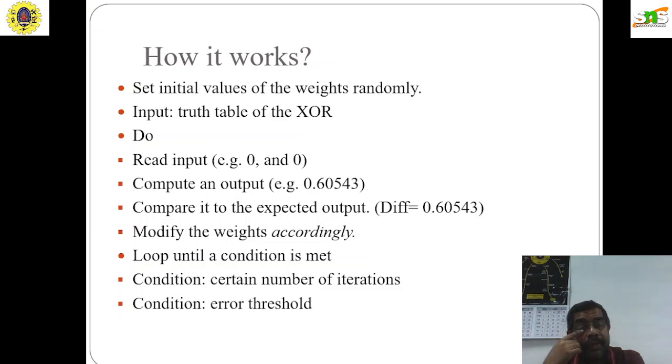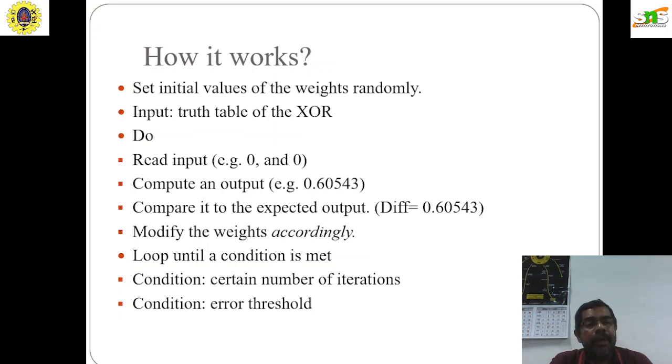So now we have to see how it works. Set the initial values of the weights randomly. Since we are not able to fix the weight for each and every input, we have to assign them randomly, and the truth table of XOR has to be given. Then this is the protocol we have to follow: read the input, for example 0 and any other,